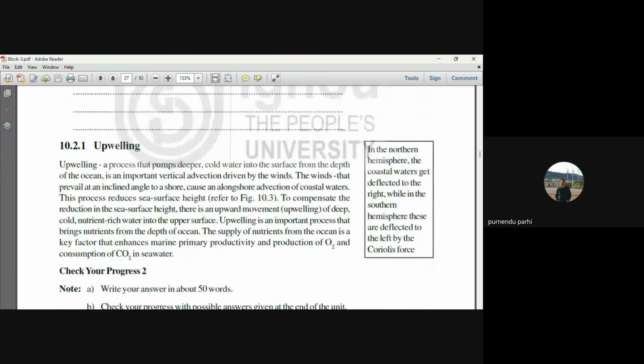Upwelling. Upwelling is a process that pumps deeper cold water to the surface from the depth of the ocean. It is an important vertical advection driven by the winds. The winds that prevail at an inclined angle to a shore cause the along-shore advection of coastal water. This process reduces